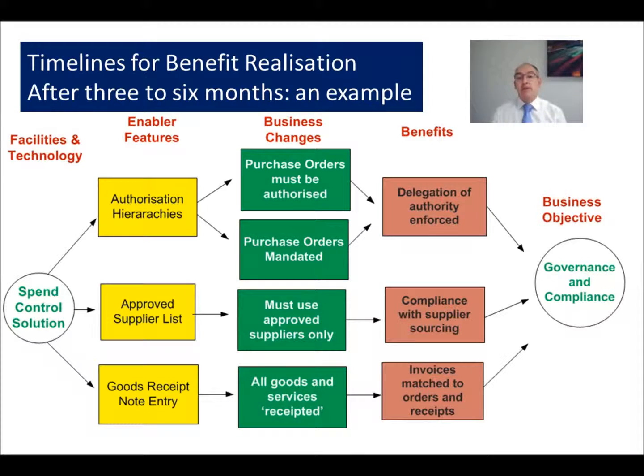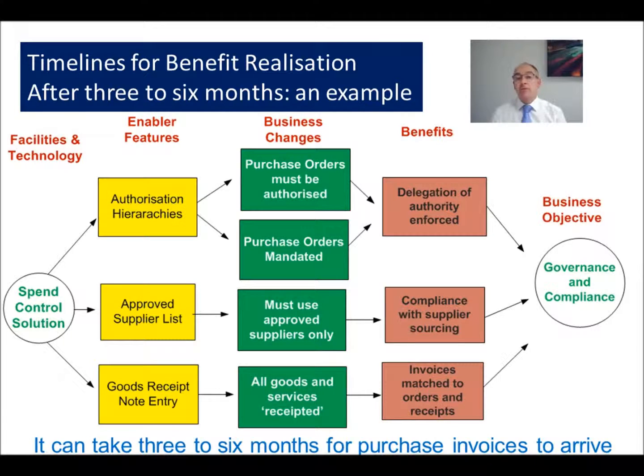Now this doesn't happen immediately. You're already going to have orders out there that won't be in the system when you went live, and so it can take potentially from 3 to 6 months for purchases out there to have a purchase order that has been generated from our new system. It might be worth, if it's longer than 6 months from your order to invoice cycle, to do some retrospective data migration, and this is a decision to take when you're implementing the system. However, in this example, you can see that it may be 3 to 6 months before we fully realise the improvement in the governance and compliance for our